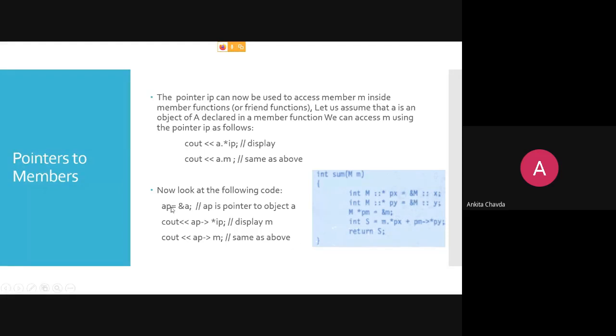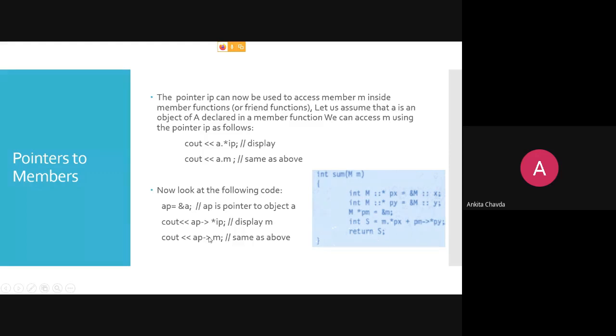Same thing I have written over here, ap is equal to &a. Here ap is a pointer on your object a, and you can write ap arrow operator star ip, and ap then this arrow operator, and you can write m.